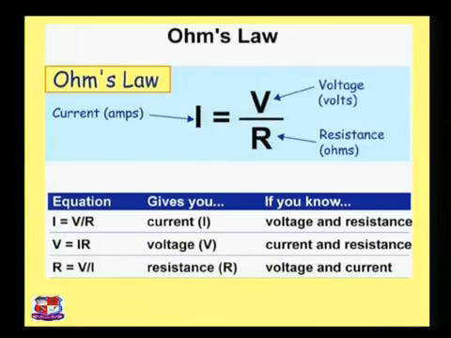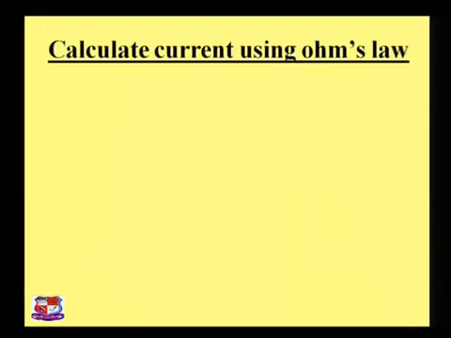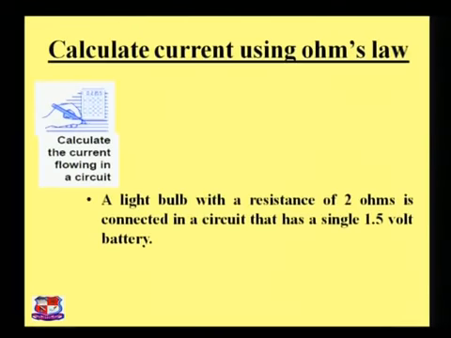So if we know the voltage and the resistance, then we can find the current, like I equals V upon R. If we know the value of the current and resistance, then we can find the value of voltage, that is V equals I times R. And if we know the value of the voltage and the current, then we can easily find the resistance, that is R equals V by I. So this is a very important equation in the field of electricity. Now here is one example to calculate the